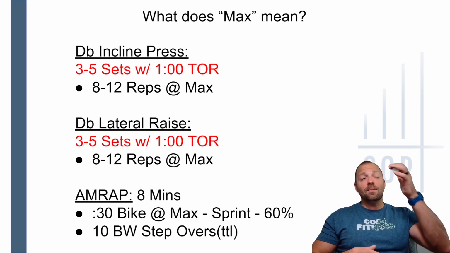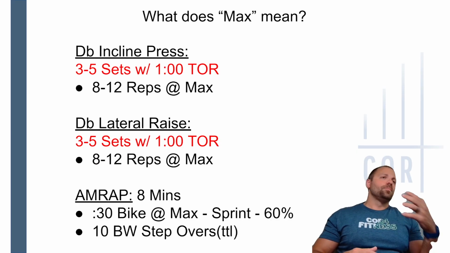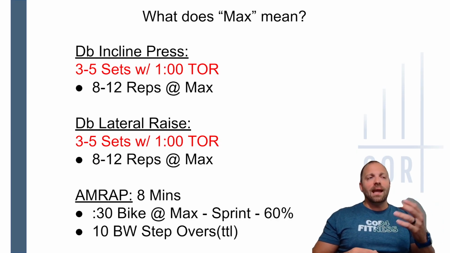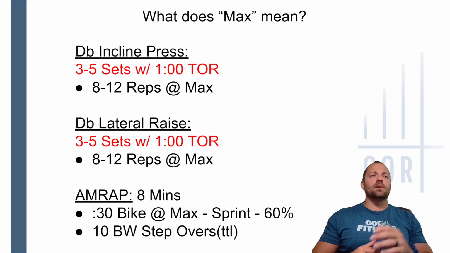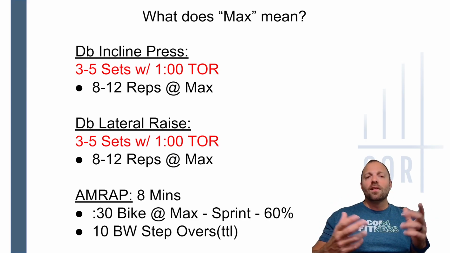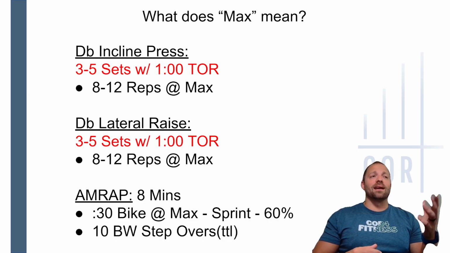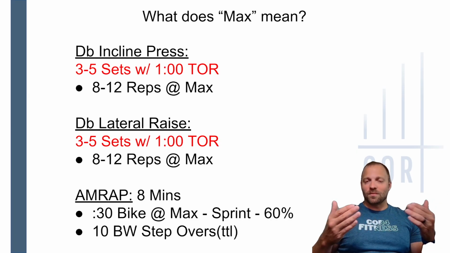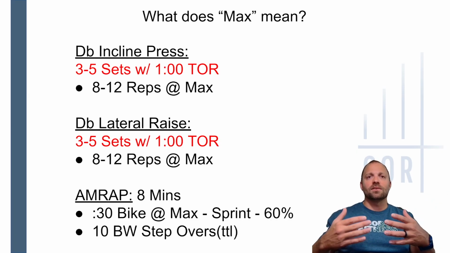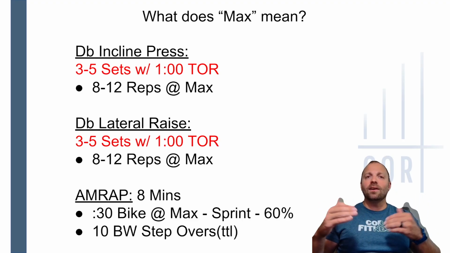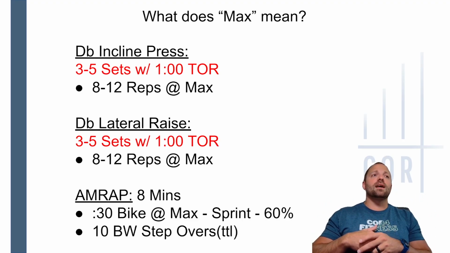So here you have 8 minutes. So you're going to be like, all right, it's 8 minutes. Realistically, if I bike at 80 RPMs and do 10 bodyweight step overs, it's going to take me 40 seconds. That means I'm going to get through like 8 rounds. Like, okay, I can't sustain 80 RPMs for that long. So I'm going to calm it down. So that's what max is: you're kind of deciding how aggressive can I go to get the most out of this. It also leaves you the opportunity to live and learn.